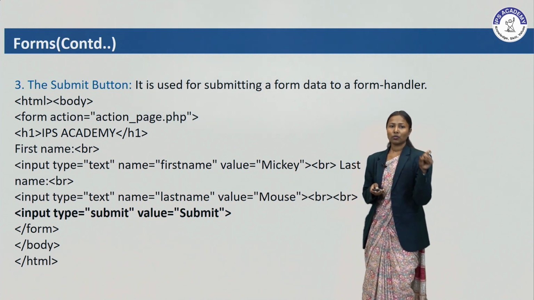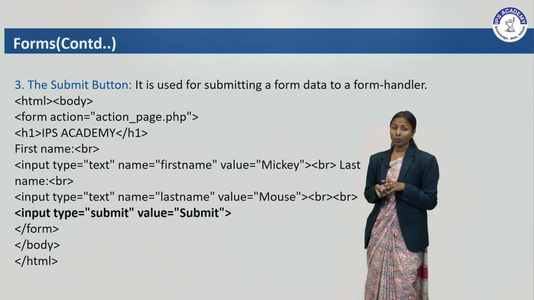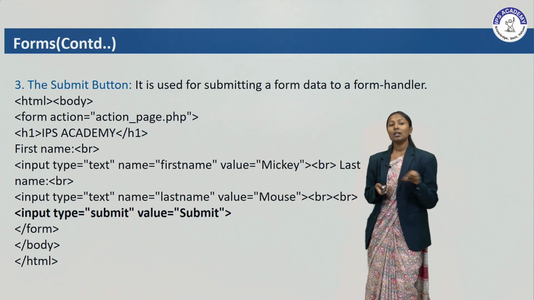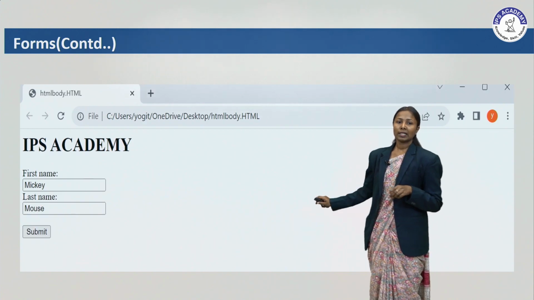Okay, for this first name I am creating one input box. Another one is last name. For this last name I am creating one input box, and after that I am creating my submit button, right? So what will be the output of this program? Show. See, this is the